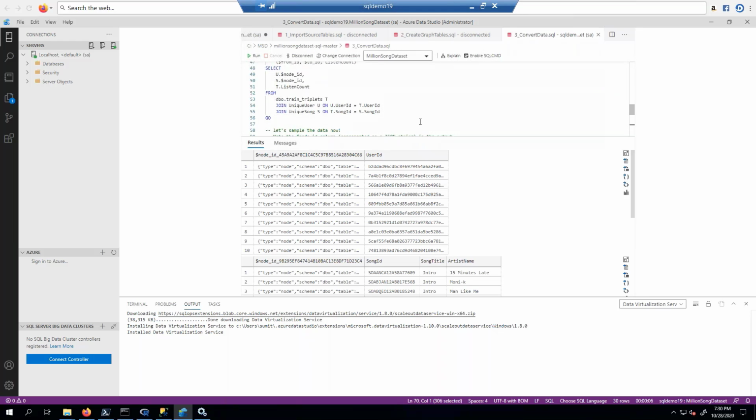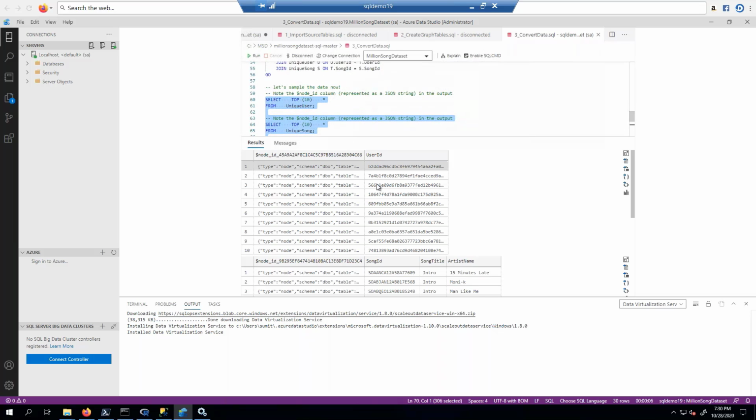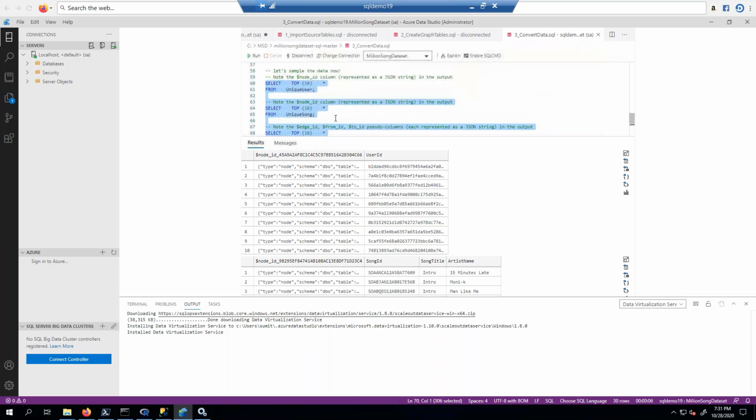So this is giving me a unique user. The unique user table has user ID information, and this is stating that this is a type node, schema that, table that, etc. So all this information, as you'll see, is kind of repeated for each of the rows. So that's that. Then there's this unique song, is this one. So we got a node ID, song ID, and some more columns, song title and artist name.